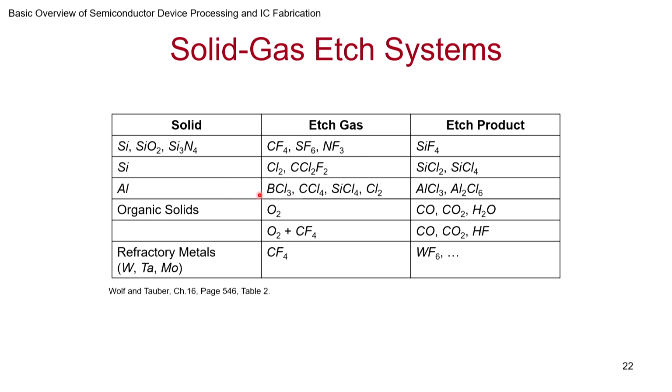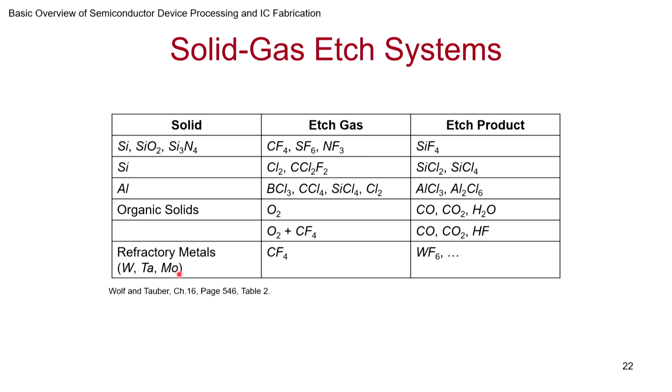Aluminium, you can again use a lot of chlorides. Many of the chloride gases give aluminum chloride, which is volatile and will go out. Organic material, we already saw that. We saw in the case of photoresist, we are using etching, right? Ashing. So you can use oxygen plasma, because the byproducts will be carbon monoxide, carbon dioxide, or water vapor. And even if some other organic compounds, usually they are volatile and they'll go away. Sometimes you can use CF4 and oxygen together, and then you have HF also created.